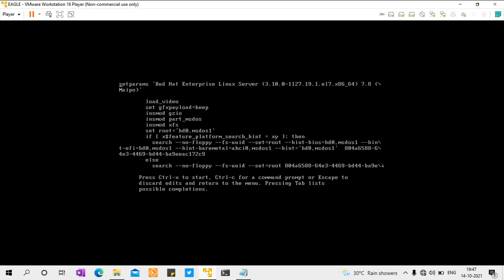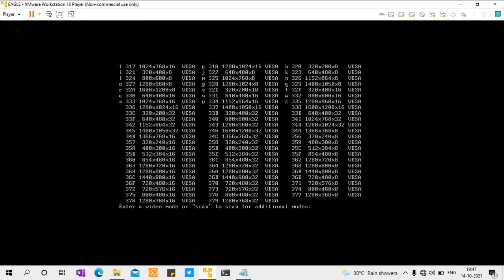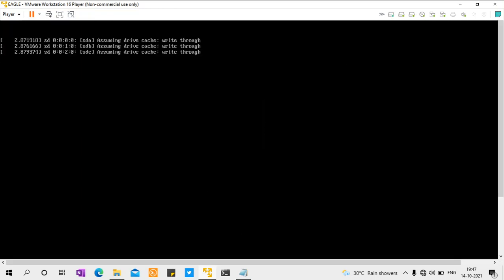Go there, hit enter, E, and go to the boot. This is more of a Linux thing, so I'm not going to explain more. So vga=ask. So it's going to ask, and Ctrl+X. Press enter. So now I'm going to go with 1440/900, which is 36C. That is 1440 by 900 by 16. That is the mode it will use. So let it use that mode.